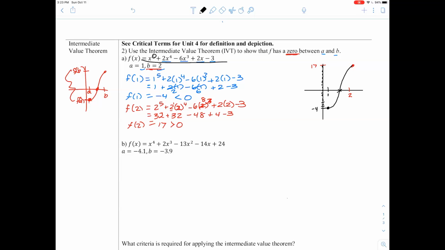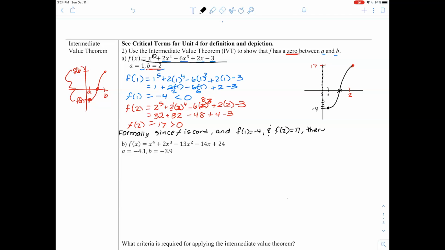So how do we write the solution? There's 2 ways. Formally, if I was writing this for a calc class, I would say, since the function is continuous, that's critical, that's piece 1, and the f of 1 is -4, and the f of 2 is positive 17,